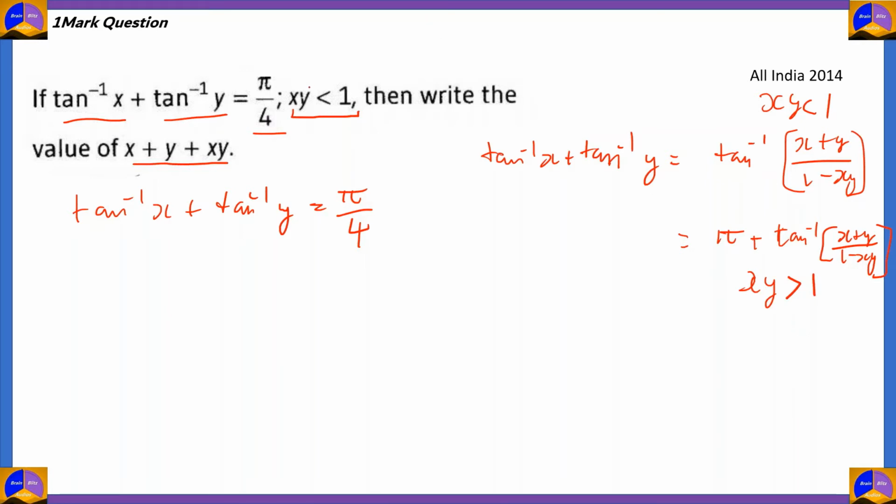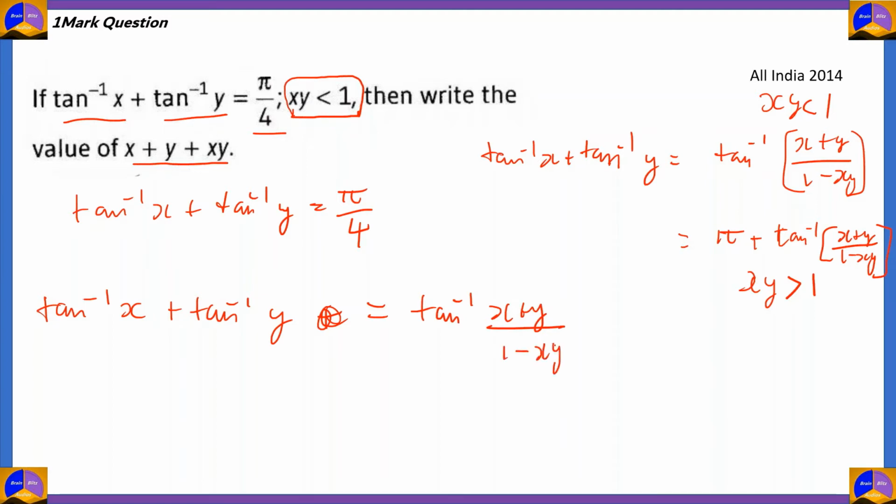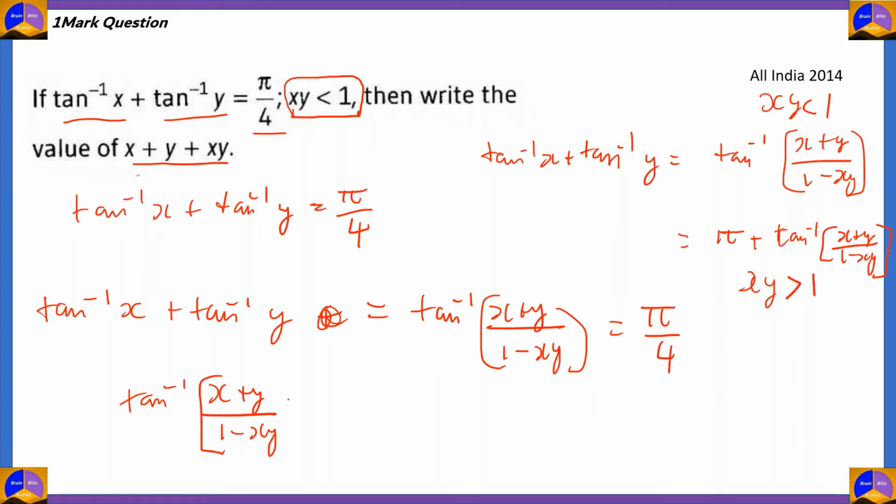And what is given in the question? The question is saying that xy is less than 1. So in effect, we can write tan inverse x plus tan inverse y, which is equal to tan inverse x plus y divided by 1 minus xy, is equal to pi by 4. So basically, we use the formula to write this. Tan inverse of x plus y by 1 minus xy is equal to pi by 4. Now, how do we go further? We know that